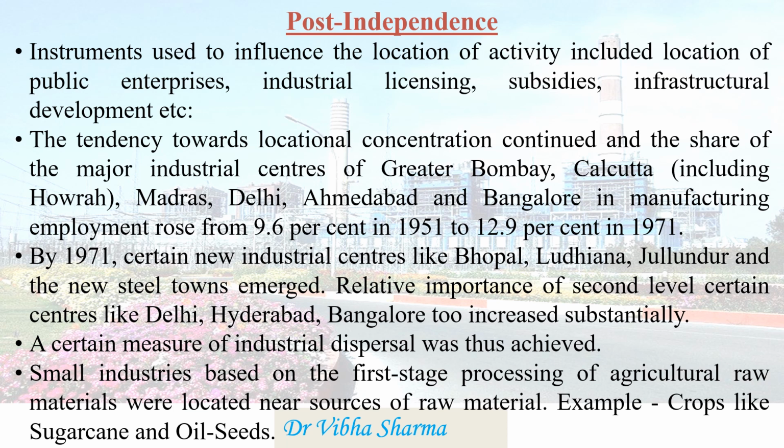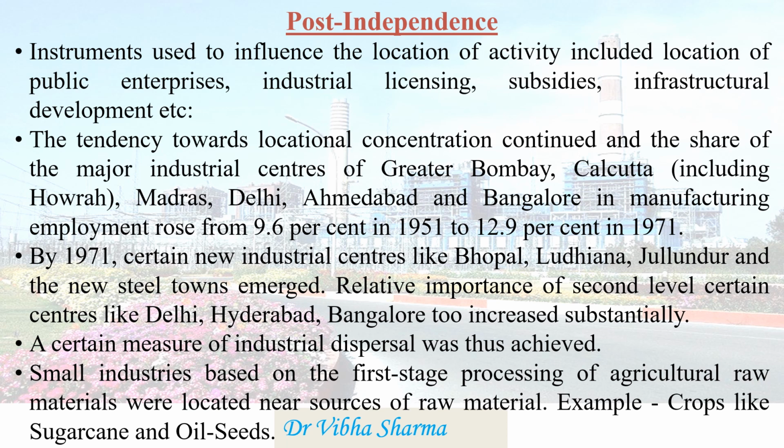The second was industrial licensing, subsidies, infrastructural development. These were the means through which the private industry could also go and set up industry in a backward area. The tendency towards locational concentration continued, and the share of the major industrial centers of Greater Bombay, Calcutta, including Howrah, Madras, Delhi, Ahmedabad, and Bangalore, in manufacturing employment rose from 9.6% in 1951 to 12.9% in